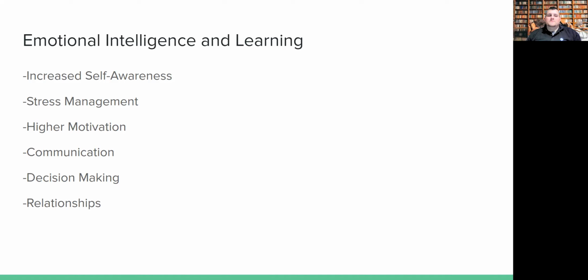And last but not least, it helps us build our relationships. Okay? Helps us build these relationships with students year after year. That in turn increases their want and their need to be in class and their want to learn from you as an educator. So all this comes together and makes it a great experience for the educator and the student when both of them have a great grasp on emotional intelligence and the importance of it in the classroom.